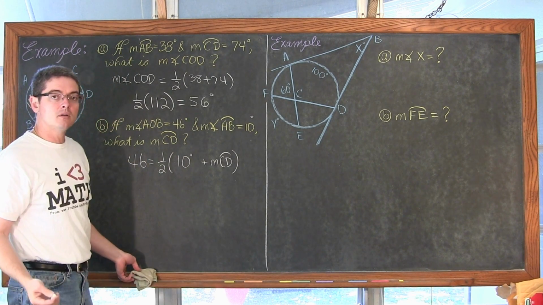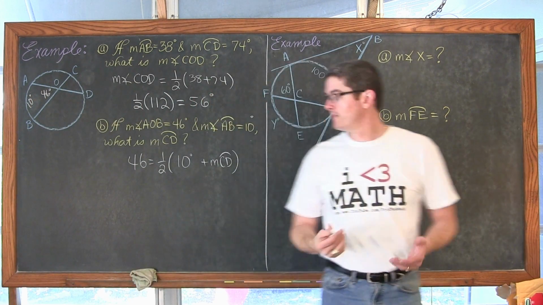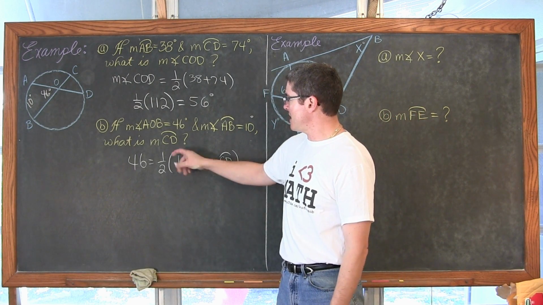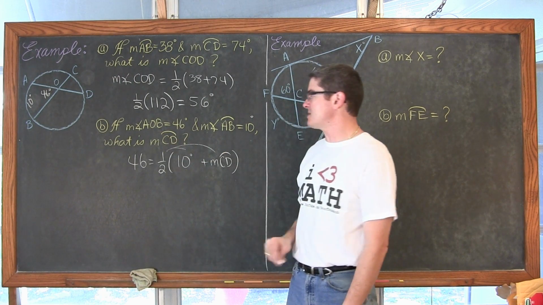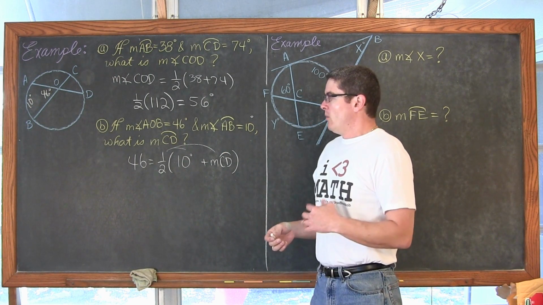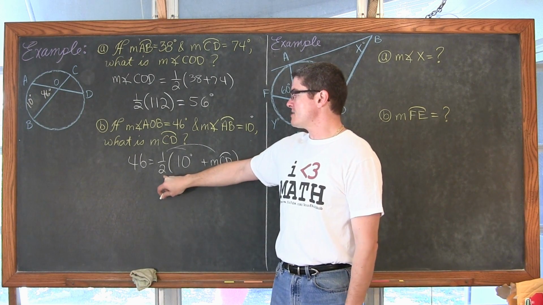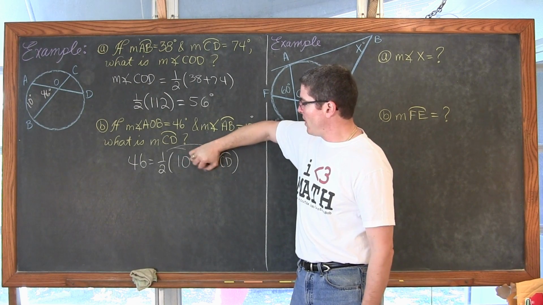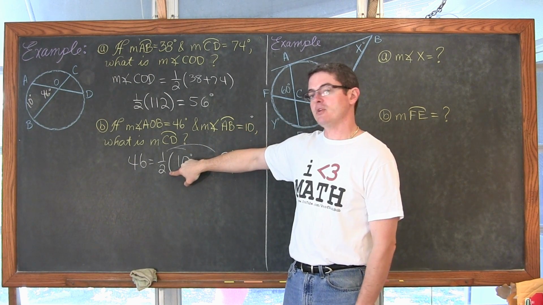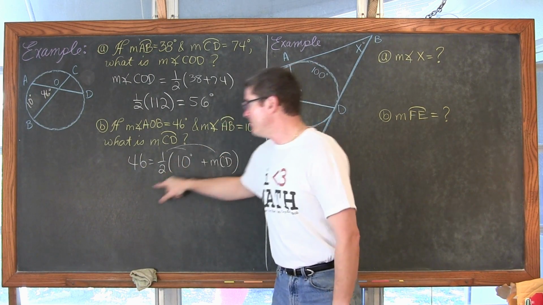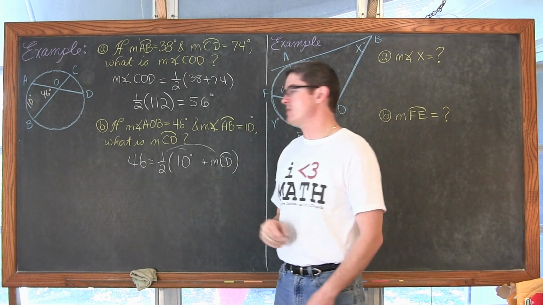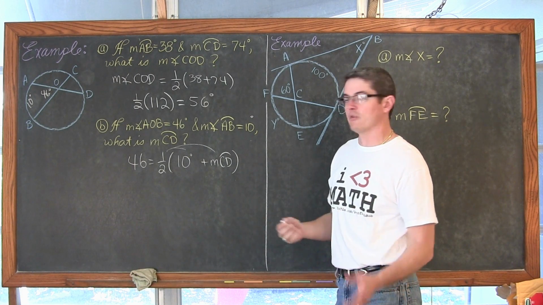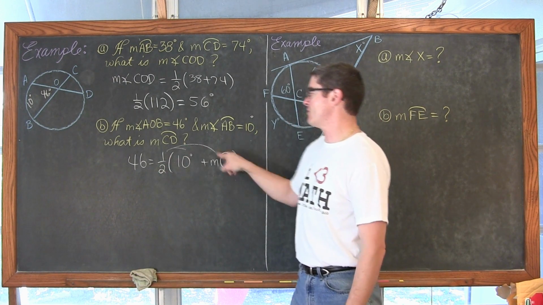And, okay, well, I'm looking for the measure of arc CD. Well, how am I going to figure it out? Well, one way of doing this is to take the 1/2 and distribute it through the parentheses, which I think I'm going to do. What you could also do is recognize that this entire parentheses is being locked together, and this one thing is being multiplied by 1/2. So you could multiply both sides by 2 to undo that division of 2. So either way, it's going to be relatively the same number of steps. I'm going to go ahead and take the 1/2 and distribute it through the parentheses.